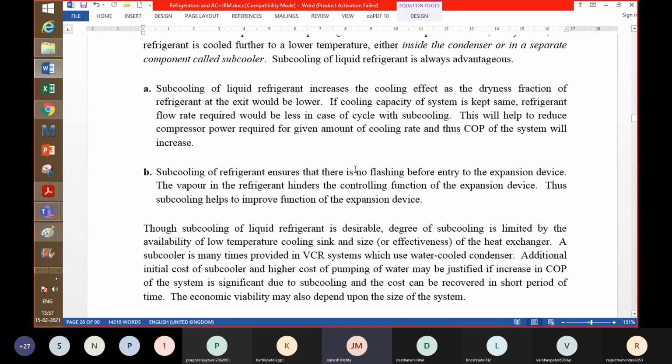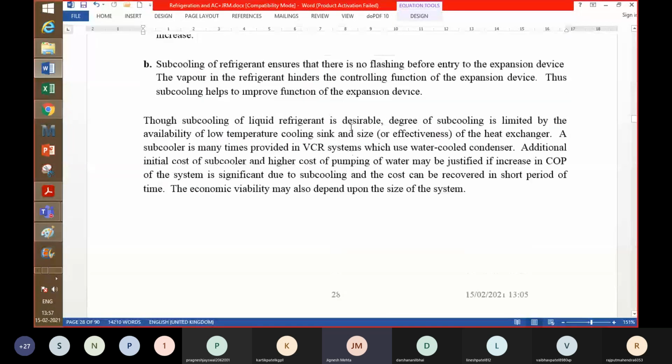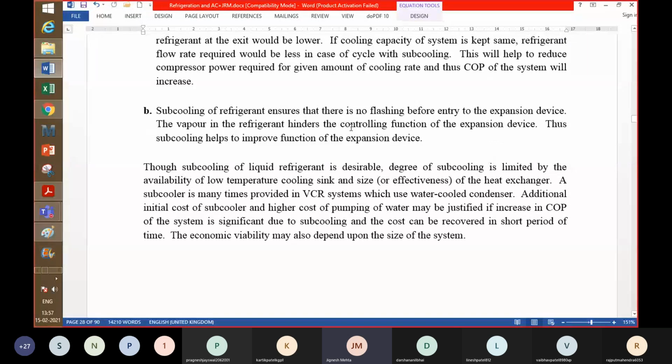That's one of the observations or conclusions that we make looking at the change in the process as plotted on the TS diagram, and the same thing can also be plotted on the pH diagram, and you see that the enthalpy is lower when it enters into the expansion device, and because of that the enthalpy at the outlet of the expansion device is also low, and in the same cycle you are able to achieve higher cooling in kilojoule per kg, and ideally the compressor work doesn't get affected, and because of that your COP is going to increase because you are increasing the numerator and the denominator remains the same.